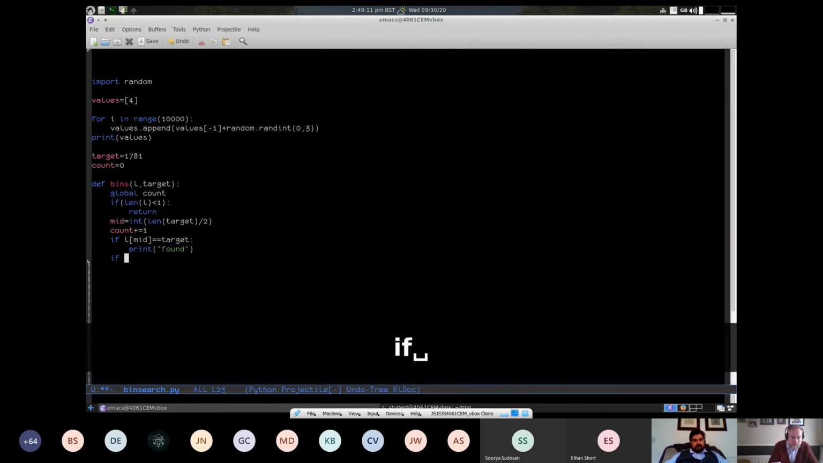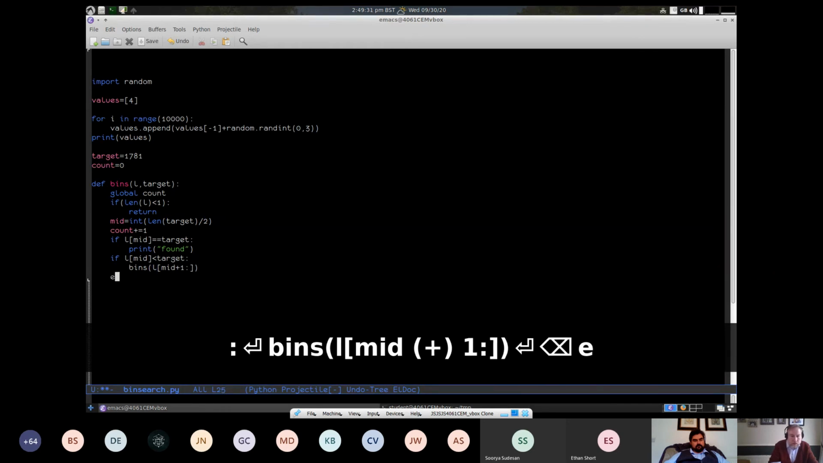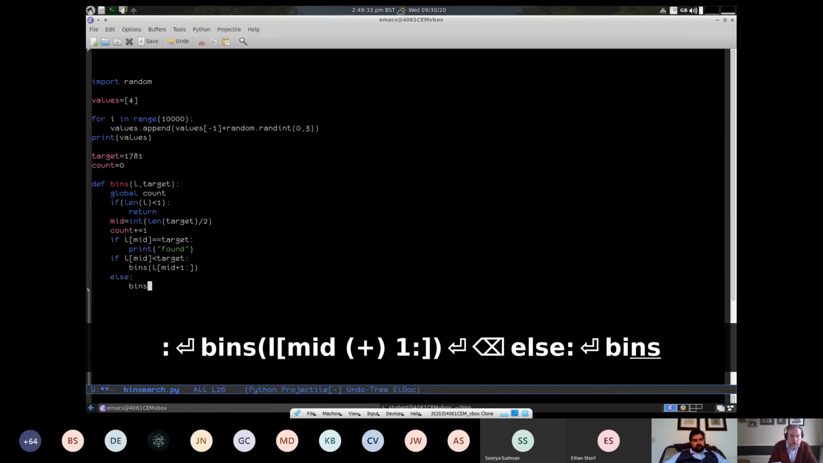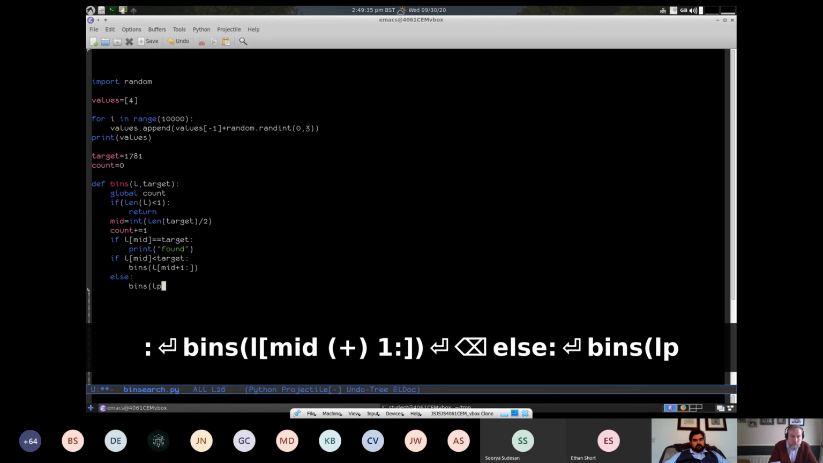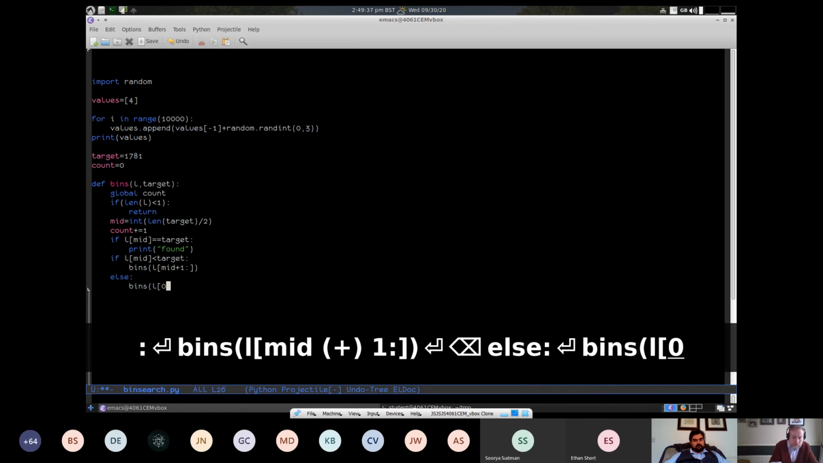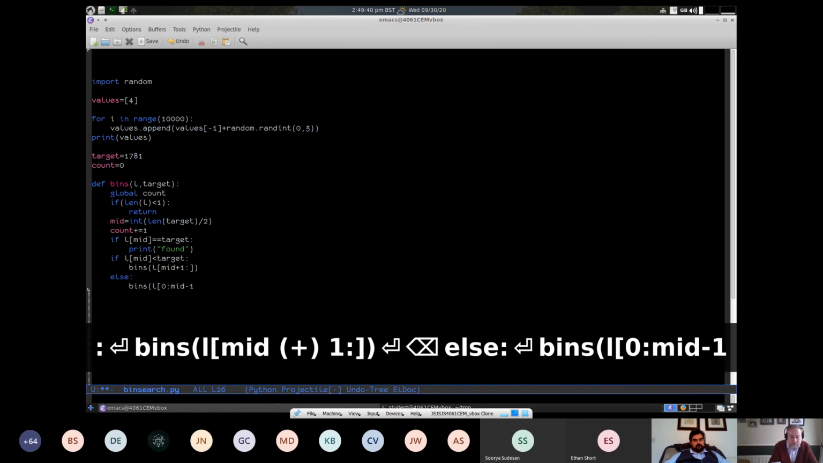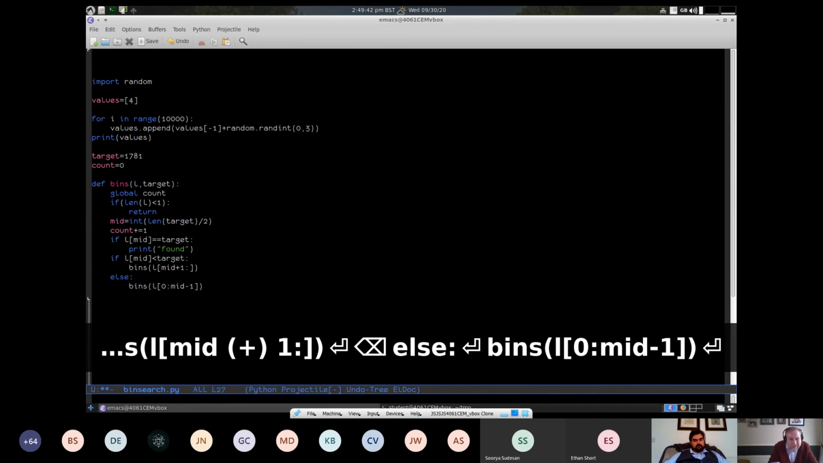Otherwise, we're going to check, say, if L mid is too low, it's less than the target, then we need to just search in the higher part. So what we would do is run bins on L from the midpoint plus 1 up to the end. Otherwise, we're going to run it on the other side, L from 0 up to the midpoint minus 1. Okay, and I think